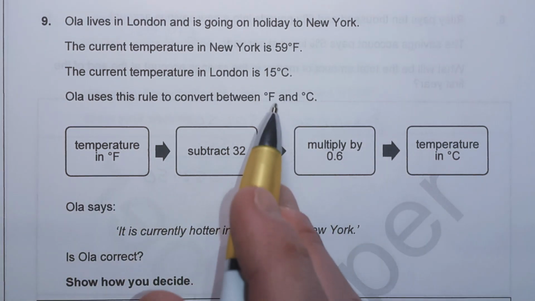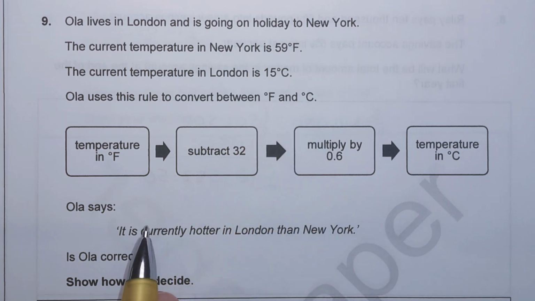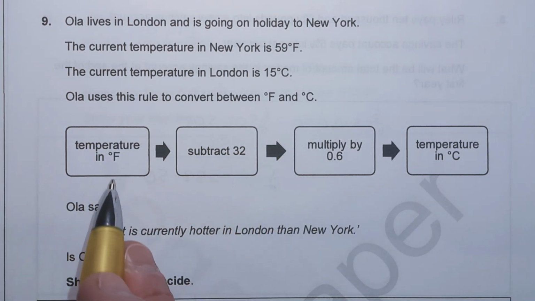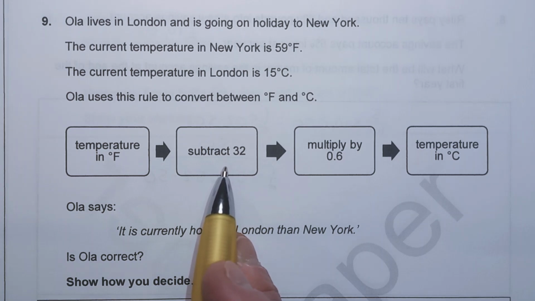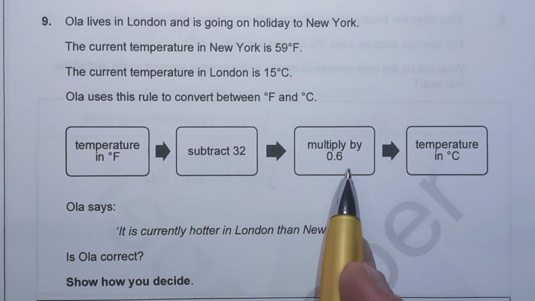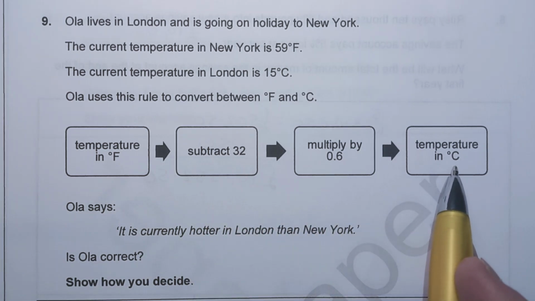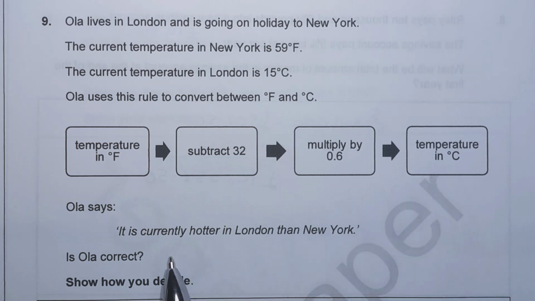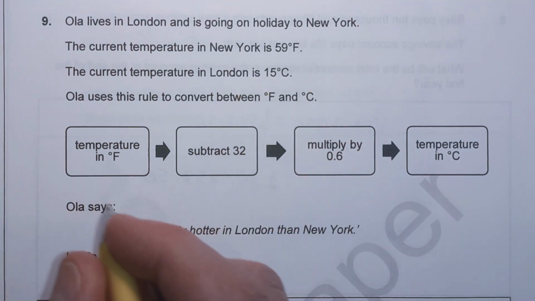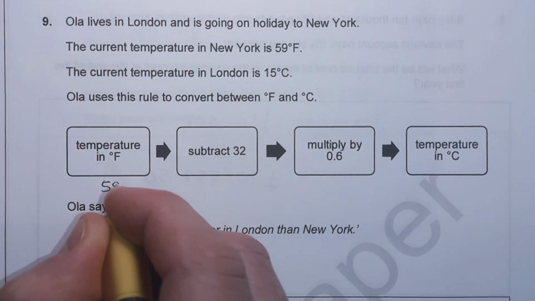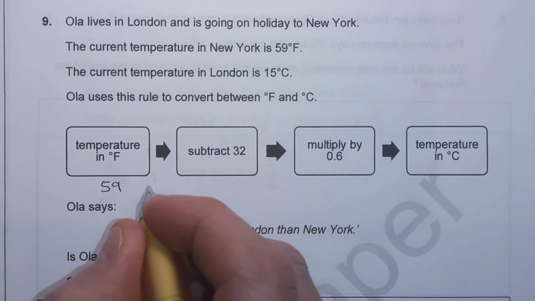So the rule to convert from degrees F to degrees C: you start with the temperature in degrees F, or Fahrenheit, subtract 32, multiply by 0.6, and you get the temperature in degrees Celsius. Ola says it is currently hotter in London than New York. Is Ola correct? Well, let's try. Let's take the New York temperature. So we want 59 degrees. Then we're going to subtract